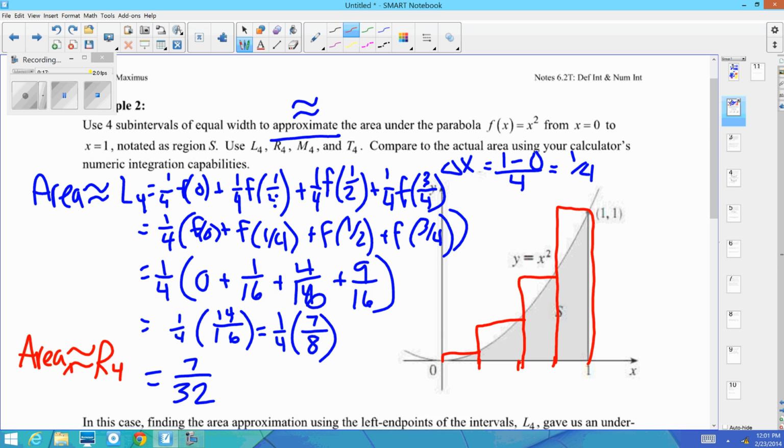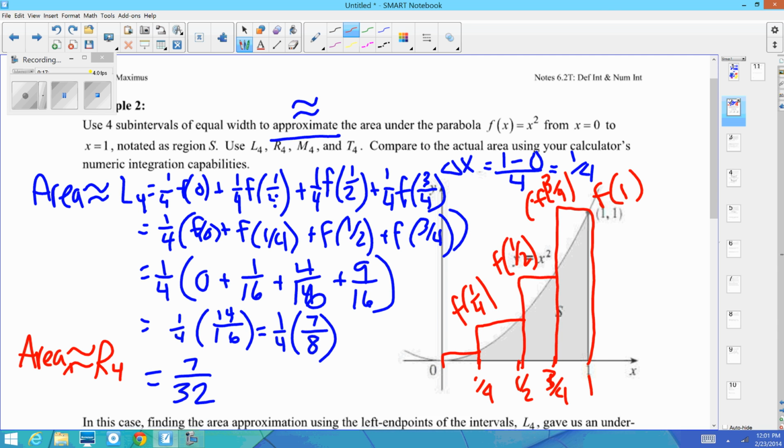You're using the 1/4, 1/2, 3/4, and 1. But then you're going to use f of 1, f of 3/4, f of 1/2, and f of 1/4. That's something that, like I said, I'd like you to put in your whisk. You're not going to use that f of 0, though, because you only have this, all right? So compute the actual area, just leave it as a fraction, and put that in your whisk. Have a great